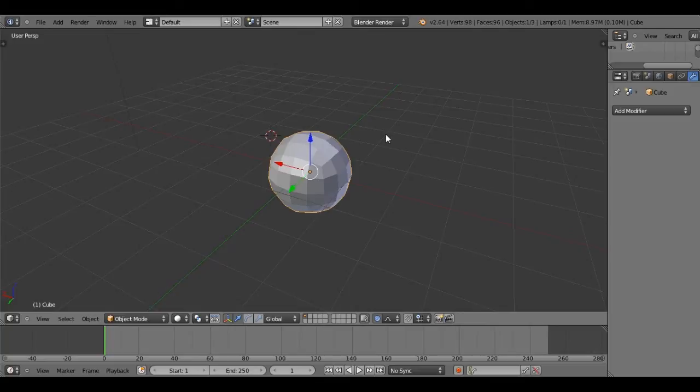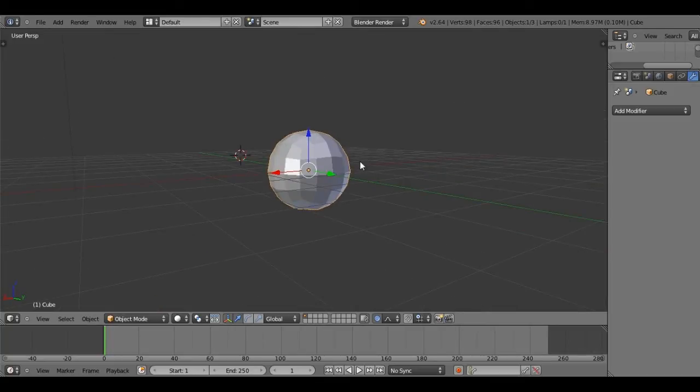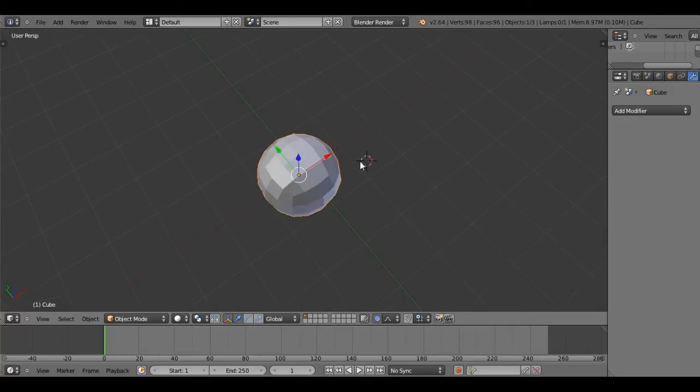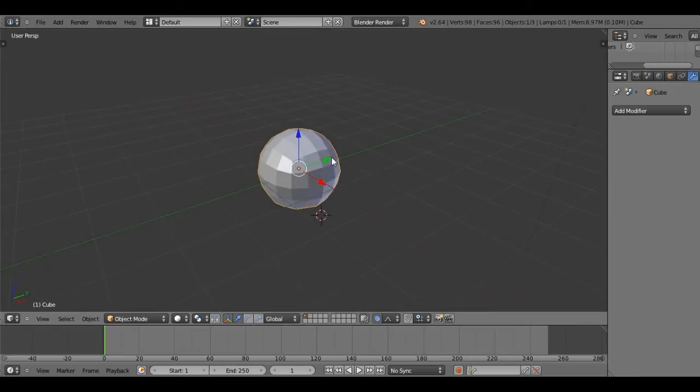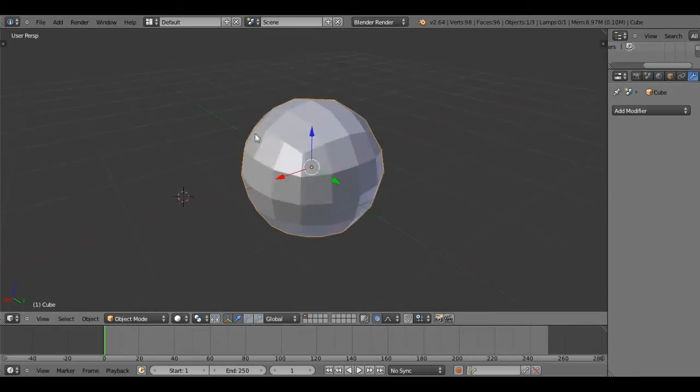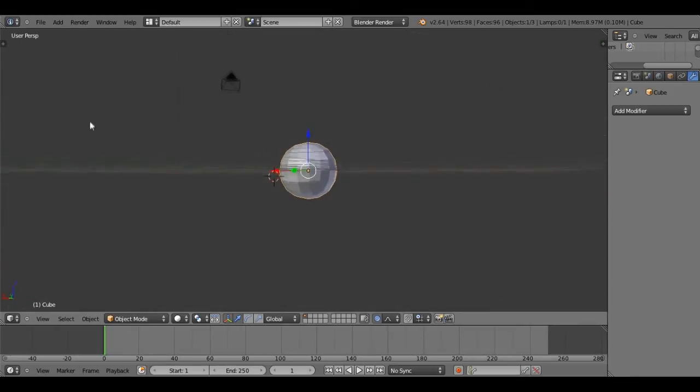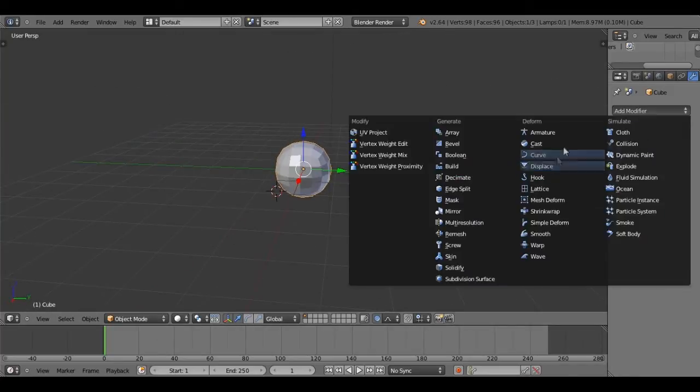It's easy to use, yet has lots and lots of options, but it's quite easy to understand. Once you get the hang of it, you might want to go look up some tutorials, some kind of stuff like that. But I don't really know enough to show you. But just some basics like the camera up there. I'm gonna say if I want to add a modifier,